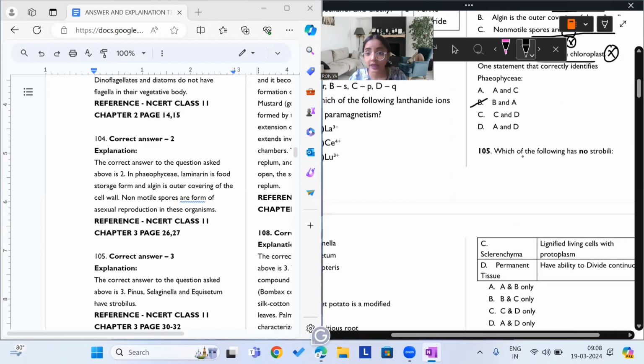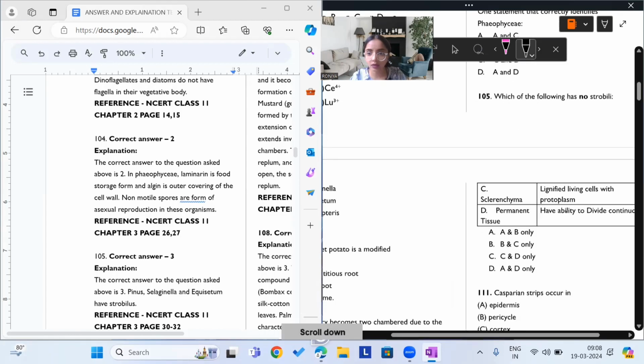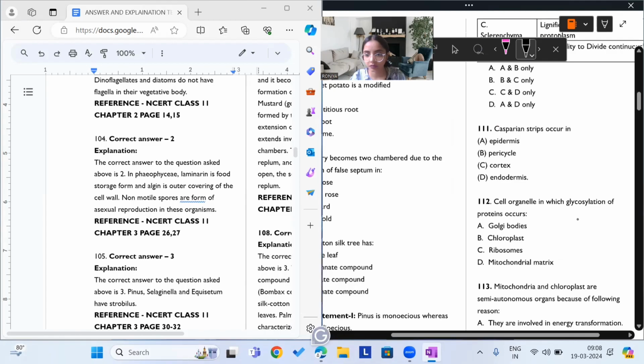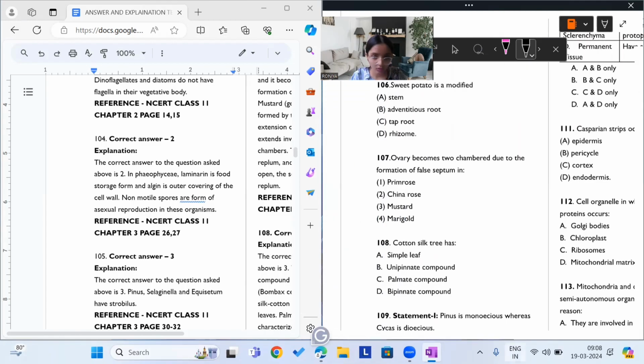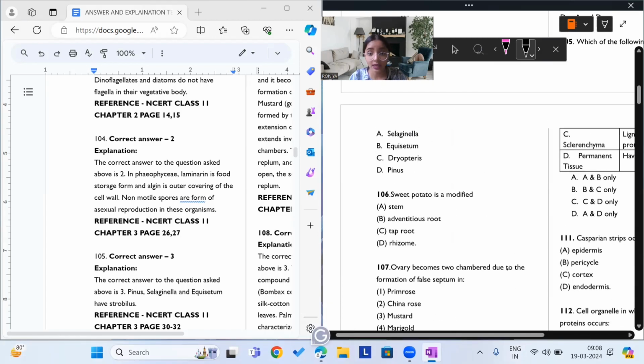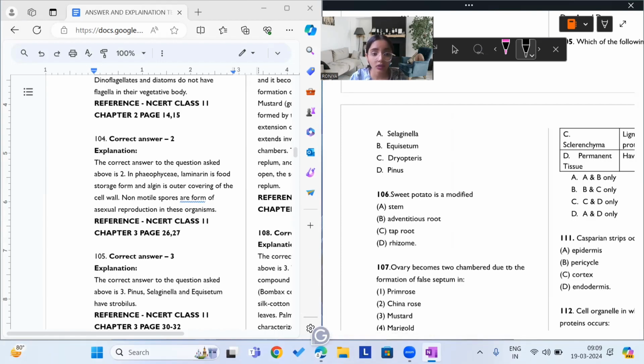Question 105 is saying, which of the following has no strobili? The options given to us are Selaginella, Equisetum, Dryopteris, and Pinus. The answer to this question is Dryopteris, because Selaginella, Equisetum, and Pinus,